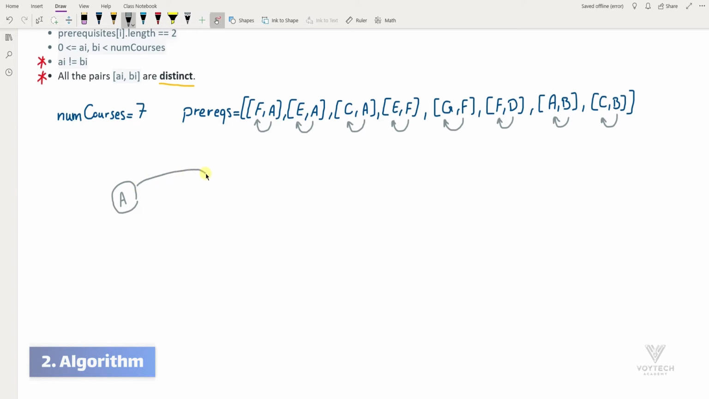So this is the prerequisite for F, and also E and C. Then F is for E, so there will be another H here, and F is also for G, so we have another node called G here, and F is a prerequisite for that, and D for F, so consider this